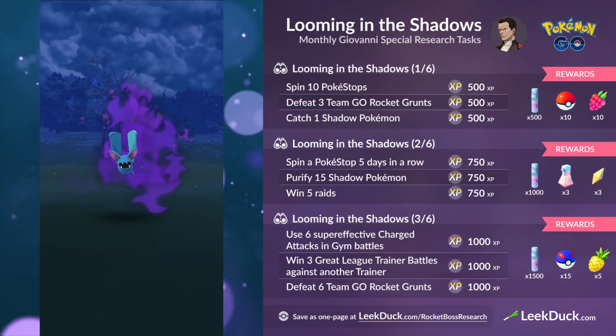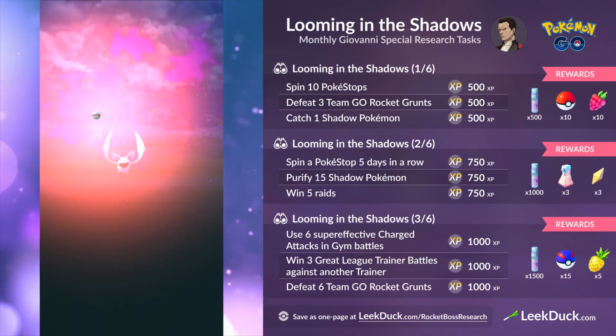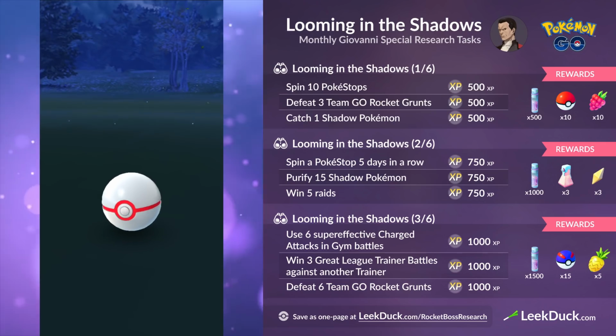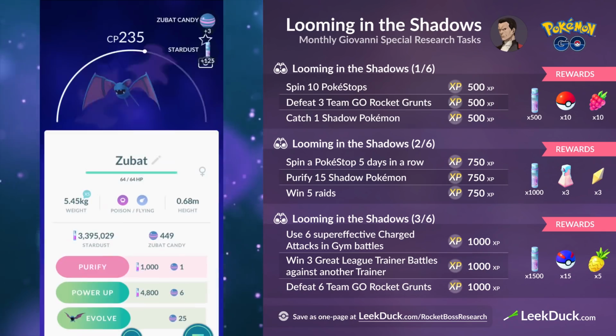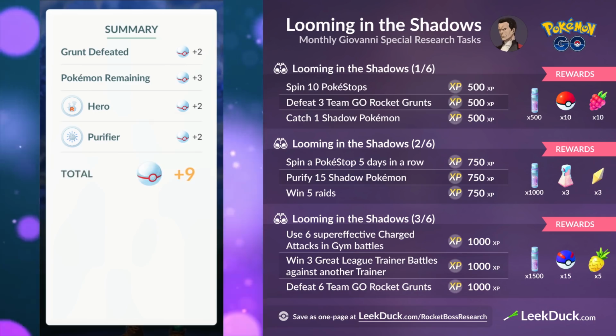After you've defeated 3 Team Go Rocket grunts, your next step is to catch 1 Shadow Pokemon. Hopefully this should be pretty easy for you. If you've defeated 3 Team Go Rocket grunts, you've had 3 chances at capturing a Shadow Pokemon. The easiest way to catch a Shadow Pokemon after you've defeated a Team Go Rocket grunt is by using a Golden Raspberry. You want to Golden Raspberry it on every throw just to ensure that you do actually capture it,